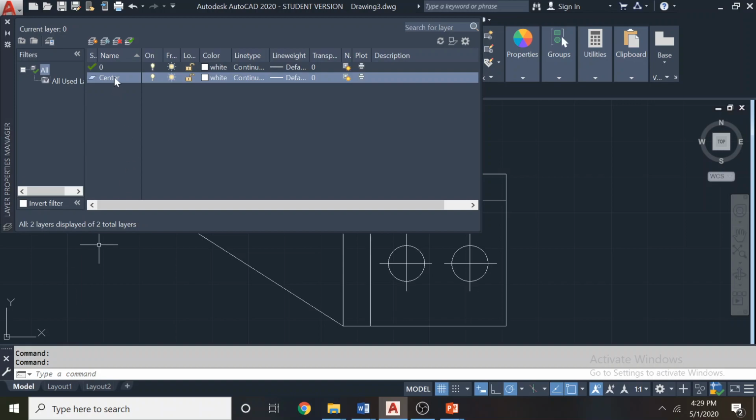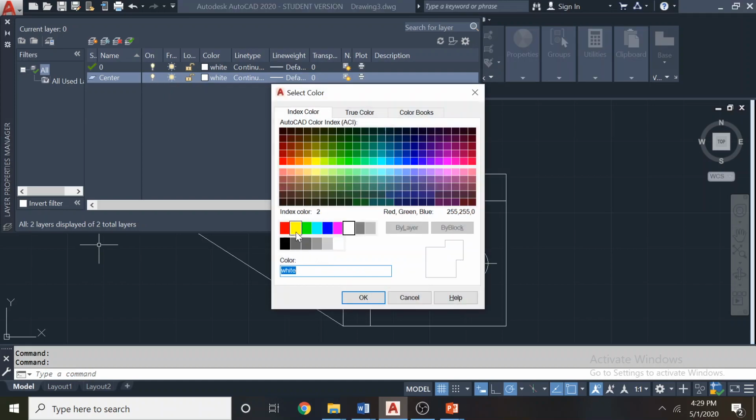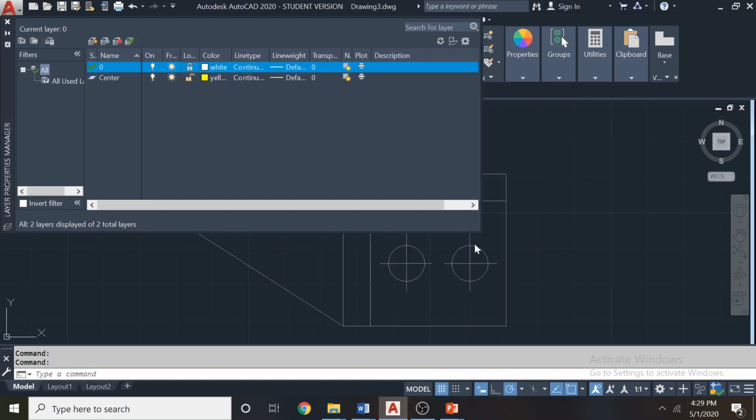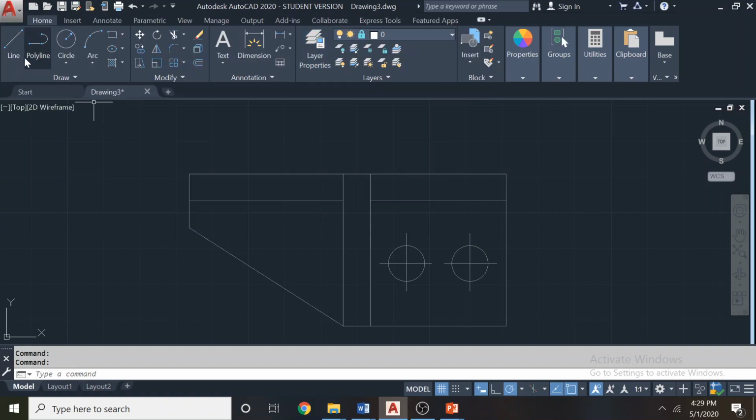Now I have created the layer called center line layer, and now I have to give a color for the layer. Normally give a different color for each layer, and it says it's on now. If you want, you can lock the layers. Now if you lock the layers, what will happen? You will get a padlock. Sorry, you can do writing, but you cannot delete the things. You cannot edit the things. Now I can do writing only. I cannot delete the things. I cannot do any editing.